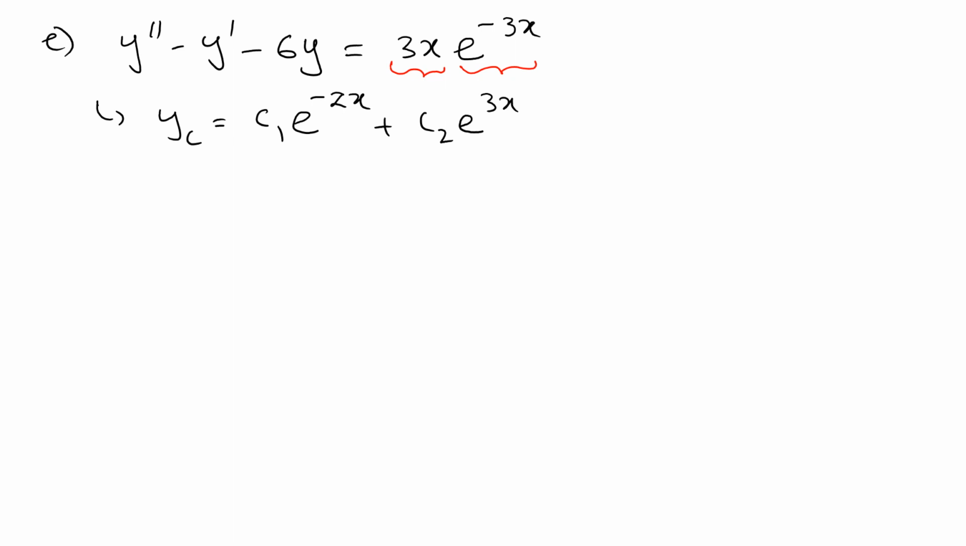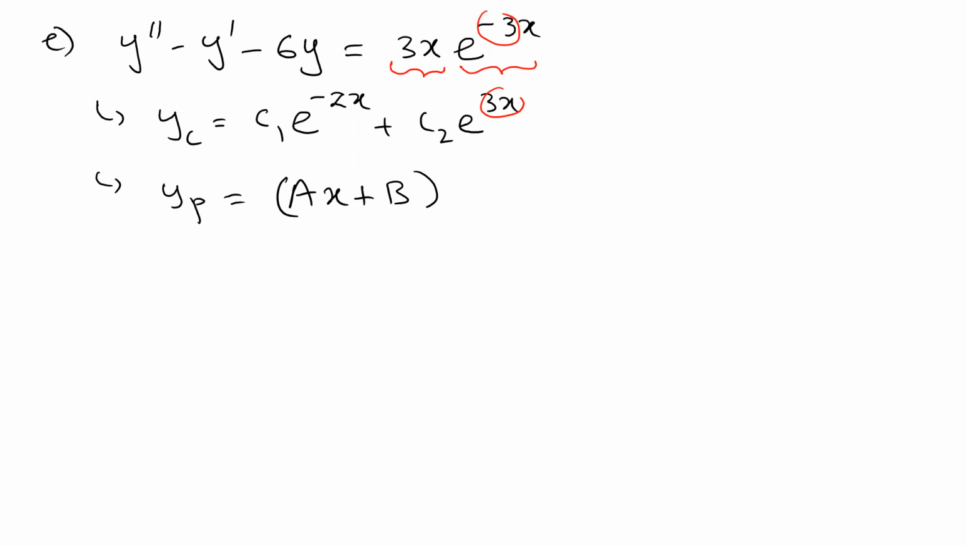So then you can see the yp, what we do, we write the separate form, and there are no repetition, and you can see those numbers are different, so it doesn't match with any of them. So this is an easy case. So from the first one, 3x is going to give you ax plus b, and then